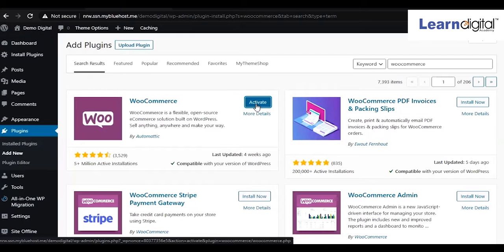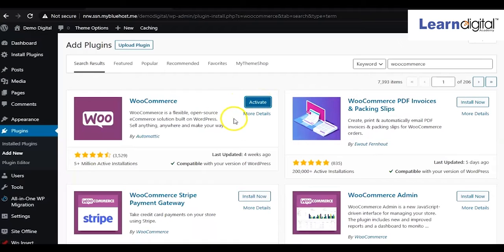After installing, you have to activate it, right? You have just installed it, and you will be able to see this plugin in the installed plugin list. Now we will activate it. As soon as you activate, that plugin will start working.